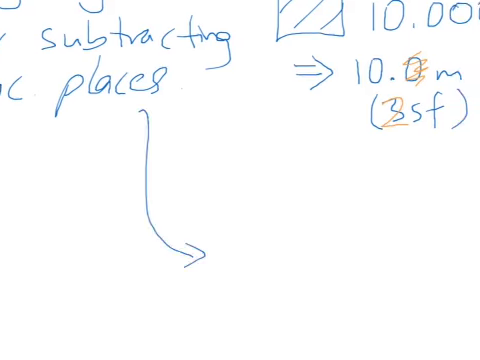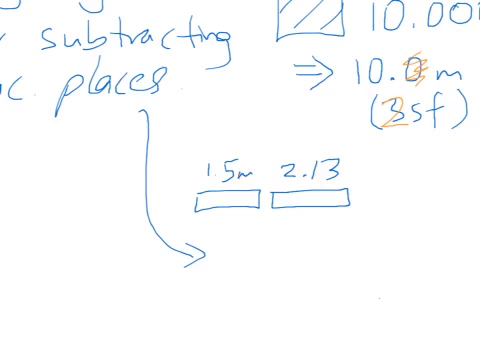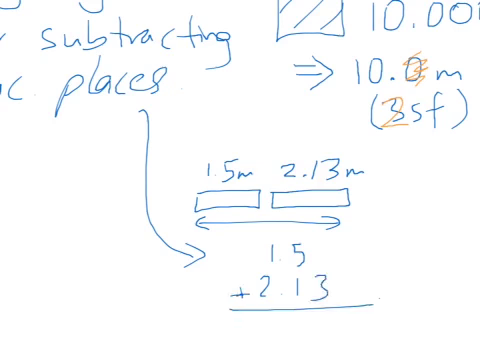So if we have again the 2 length measurements and we're sticking them together, one of them is 1.5 and the other one is 2.13, and they're both meters. Okay, so this time they're different, and we're just adding the lengths to each other. So to find the total length, we're going to go 1.5 plus 2.13,